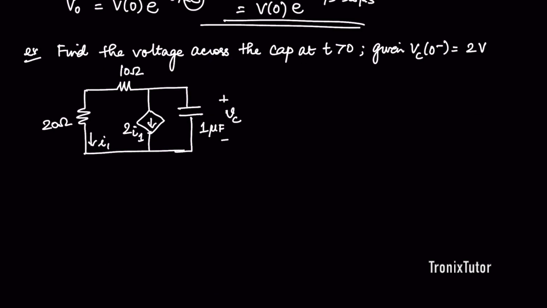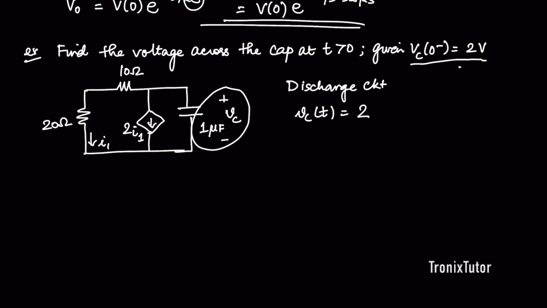So find the voltage across the capacitor at time t greater than 0 given Vc of 0 minus is 2 volts, right? So here again, remember the capacitor is an inertial element when it comes to voltage. Therefore, the voltage across the capacitor is not going to change across 0. So therefore we have a capacitor that is initially charged to 2 volts, and we want to basically now look at what happens to this voltage as time evolves. And since you have no other power supply in the circuit, we expect that this is again going to be a discharge circuit, right? And so therefore I can write the voltage across the capacitor as 2 e power minus